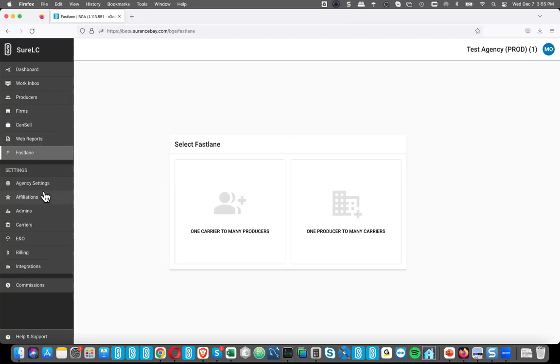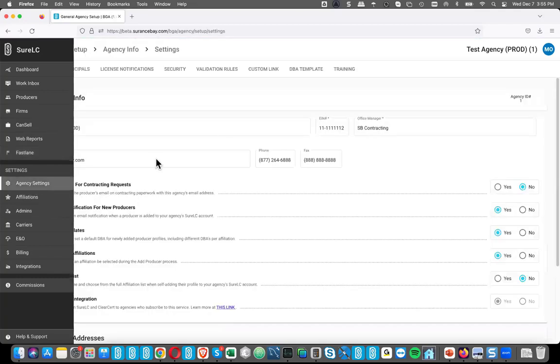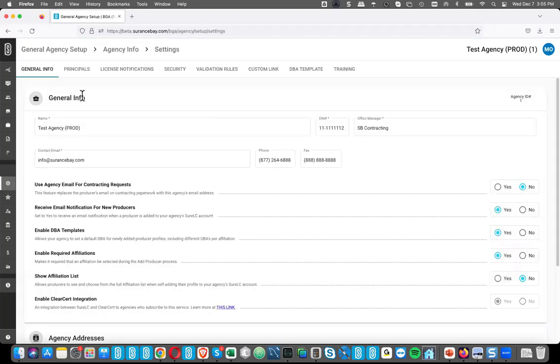everybody yet. But what I want to do now is go into the agency settings because we've made some significant changes here. And we've kind of moved some things around and hopefully added some good capabilities. So if I go into agency settings, one of the things that you'll notice is instead of just having a bunch of kind of short feature names with checkboxes, now we've actually got some more descriptive features here, just more explanation of what these things do. So that way, if you change this, you know what the impact is going to be.